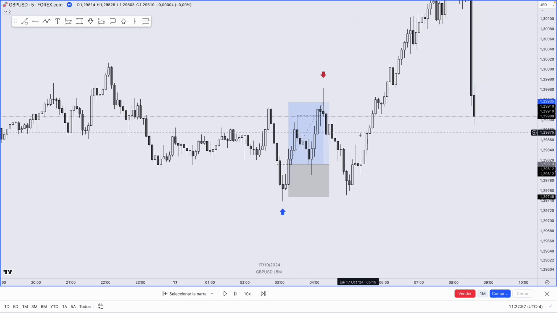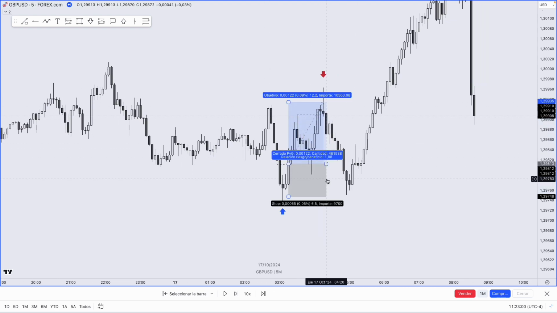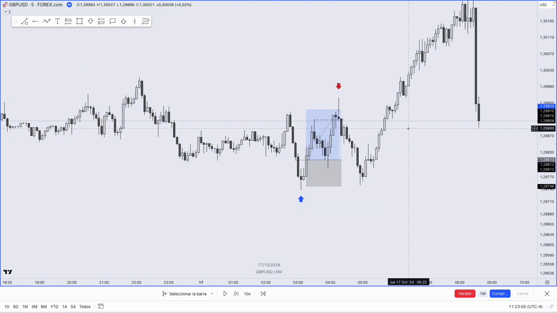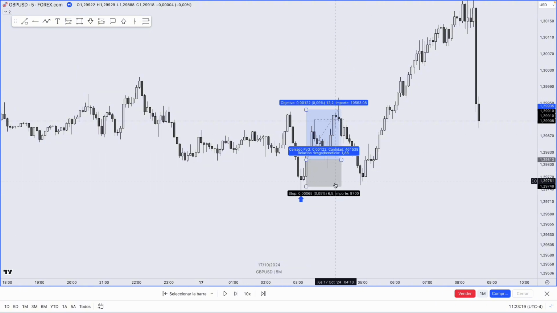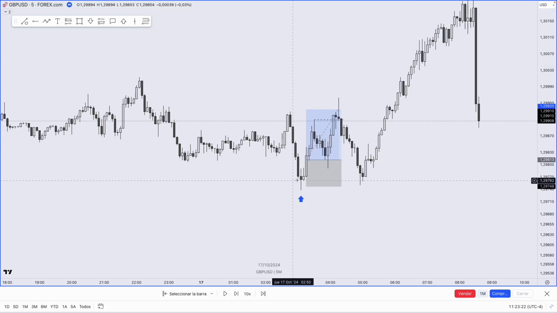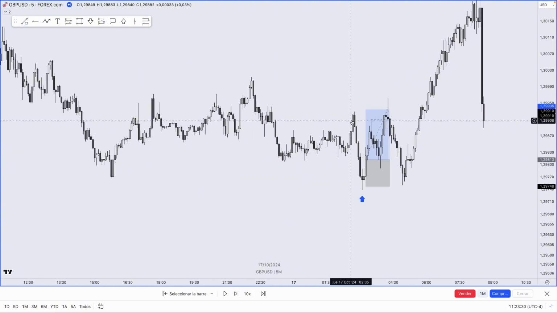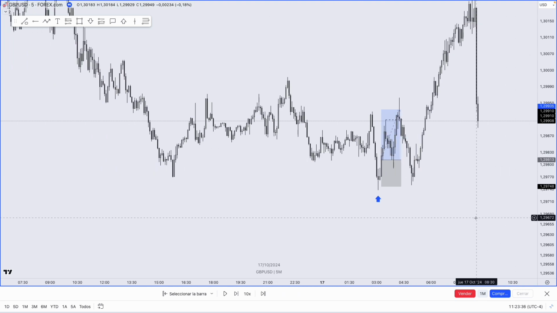It was a choppy day. It's a little bit difficult to navigate these conditions. So maybe I just had to stay away and wait for the news event to happen, because it was likely that we were going to chop. But yeah, I had clean funded accounts that I wanted to trade today, I need to be honest. So that happened, and I'm satisfied because my bias was right. I'm satisfied because I got stopped out once and I managed to enter another position in the same direction and it played out. And yeah, I'm a bit sad that I did not have the patience to wait until 3 a.m., but it was the SMT that tricked me.